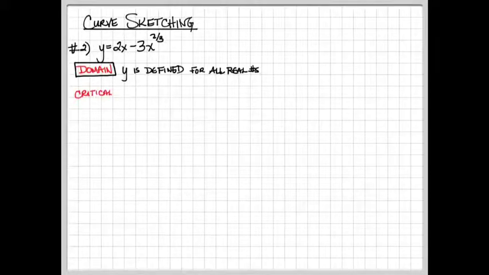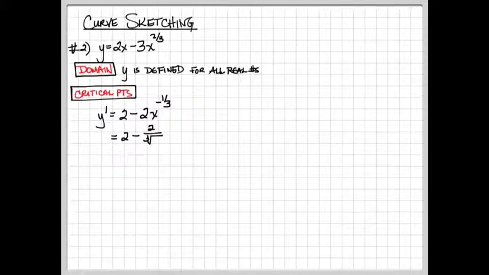The next step is to identify the critical points by looking for where the derivative equals 0 or where the derivative is undefined. It's a fairly straightforward derivative, just using the power rule for each of the terms, and we end up with 2 minus 2 divided by the third root of x. So this particular derivative is going to be undefined when x equals 0, because we would be dividing by 0,